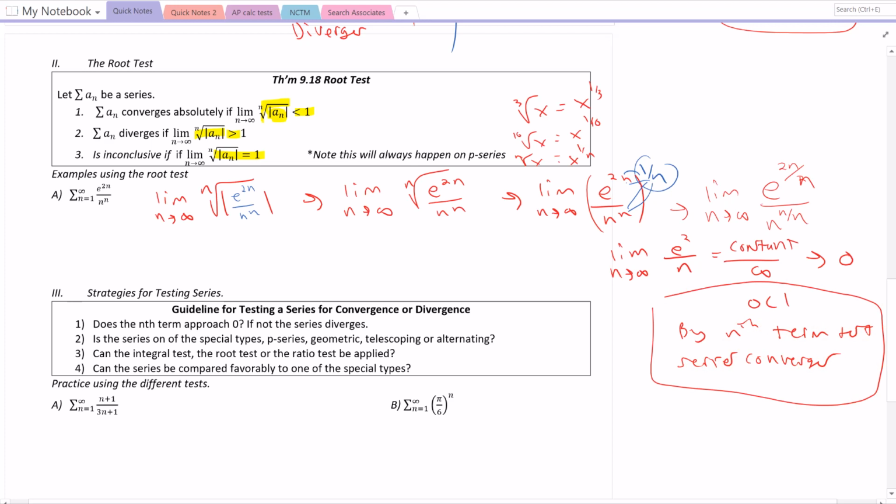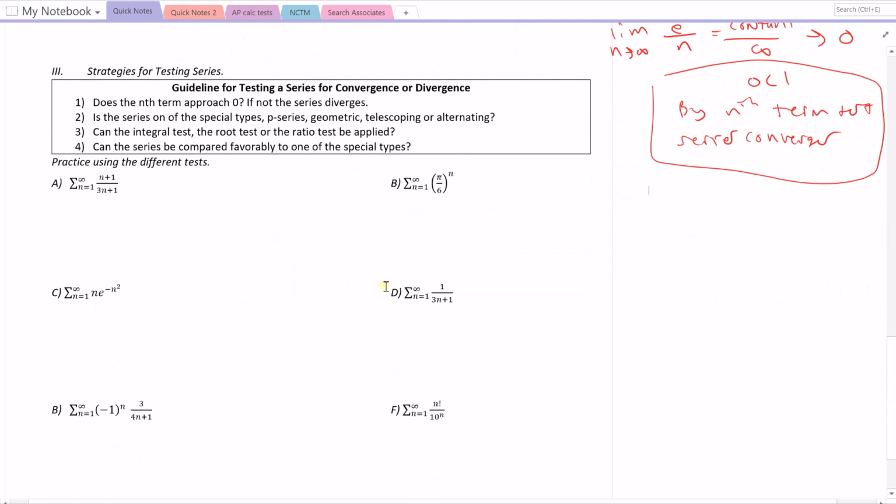All right, so those are all the tests that we're going to learn. Now let's talk about some strategies. The first thing you should always do is the nth term test for divergence, because if you can show that it diverges with that test, then it definitely diverges. The next thing to look at is whether it's a special kind. Is it a p-series, a geometric series? Is it telescoping, or is it alternating? Those are the four easiest ones to show